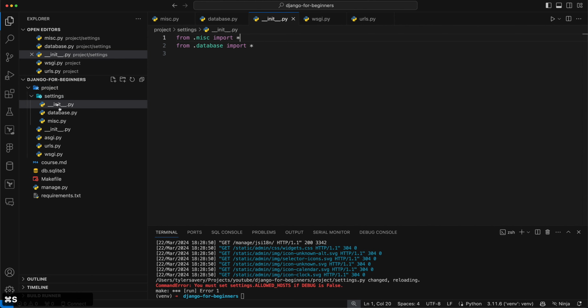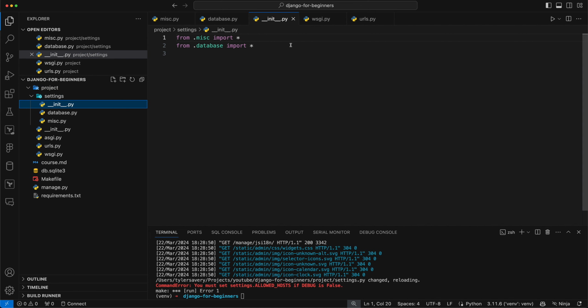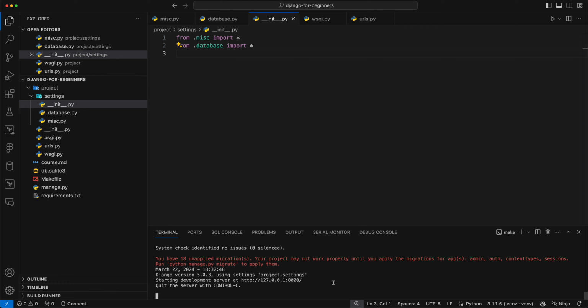Basically what's going to happen is we no longer have the settings file here, but it's going to find the settings module without us changing any code about it. It's going to look at this __init__.py, and it's actually going to load all the things that are spread between these files. So if I actually restart the server now, make run,